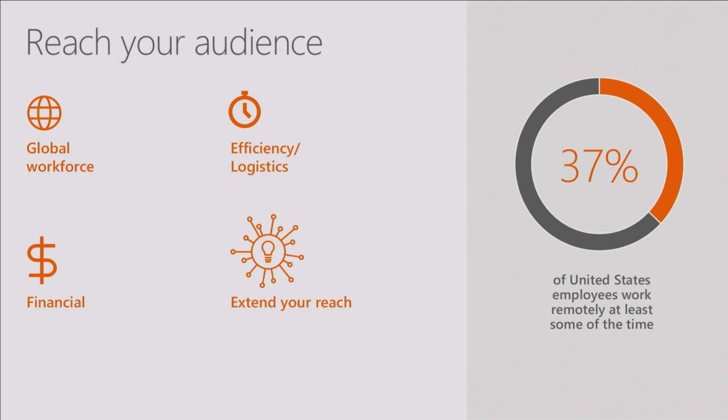Of course, there's efficiency. Even just within our Puget Sound campus, it can be 30 minutes to go from one building to another. So in-person meetings can be a pretty big time drain when you multiply it by an entire group of people going to see these meetings. Financial, of course, especially for things where people have to fly in, makes a pretty big difference. And of course, time is money. And of course, just to extend the reach. You can have people that maybe wouldn't be able to join in person because of time constraints, but they can certainly sit at their desk and watch.